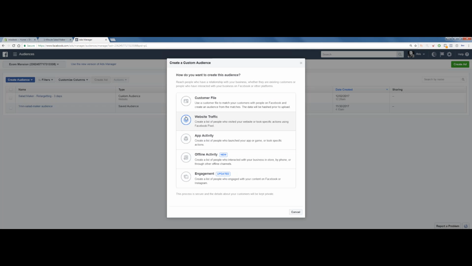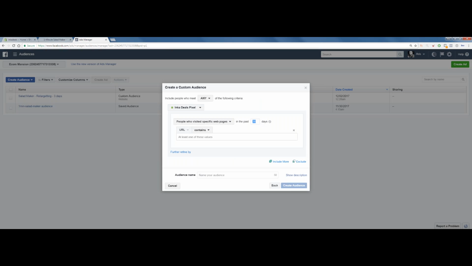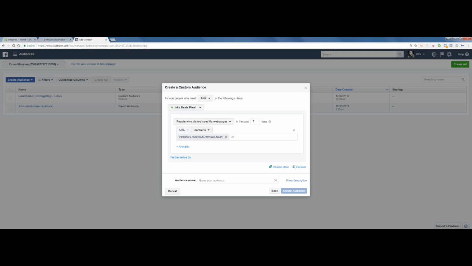So we're going to go ahead quickly. Website traffic again. We're going to make one more for 7 days because we want to retarget people after 7 days. I get a ton of questions about retargeting every single day, so I'm sure you're all going to be happy about this.